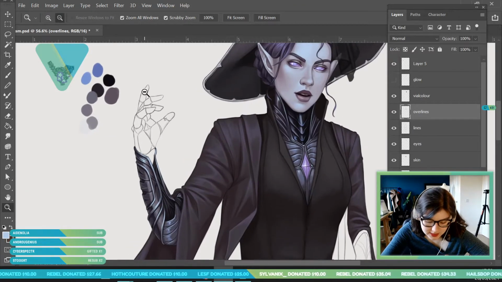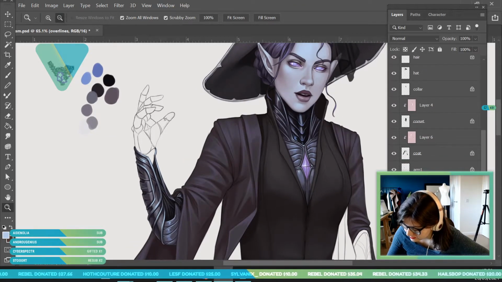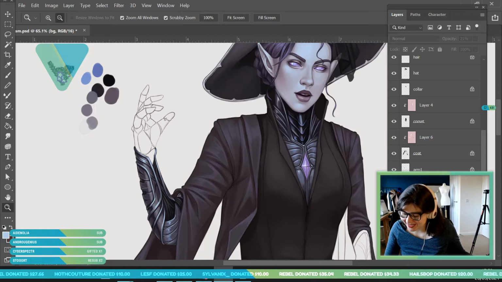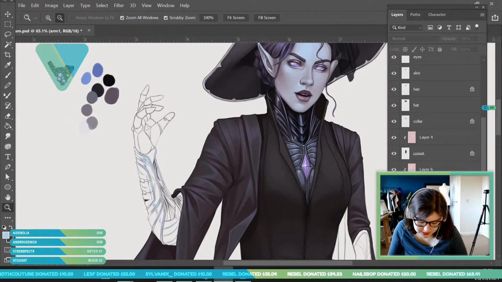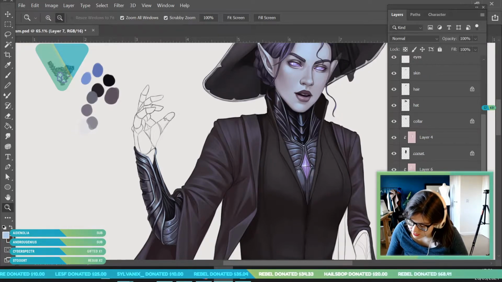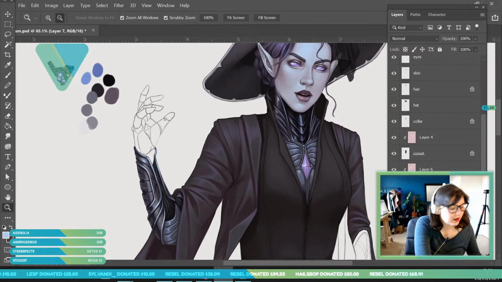Okay, let's move on to this hand. Painting hands is fun. We love it here. What I am going to do is I'm going to merge all these arm layers together. They don't need to be separate anymore. Thank goodness. And we'll make a new layer called